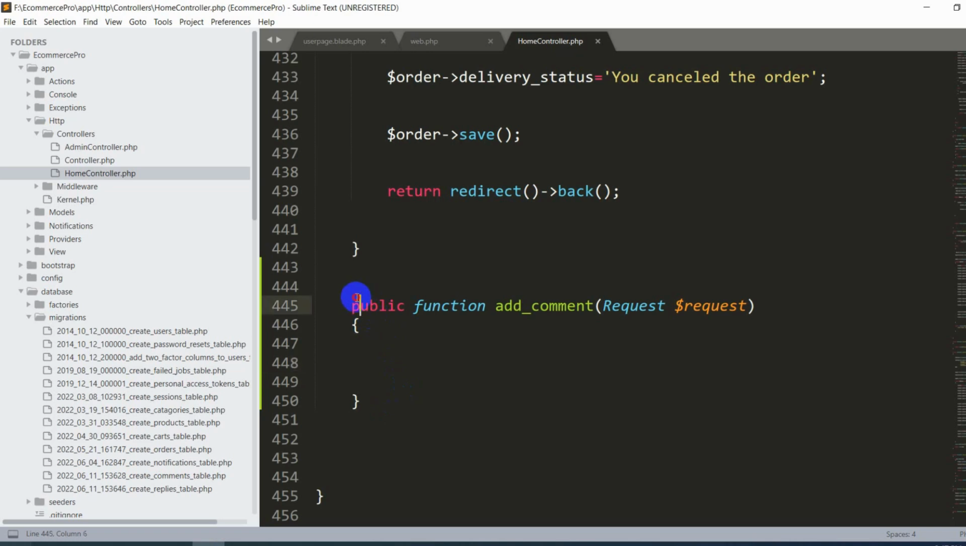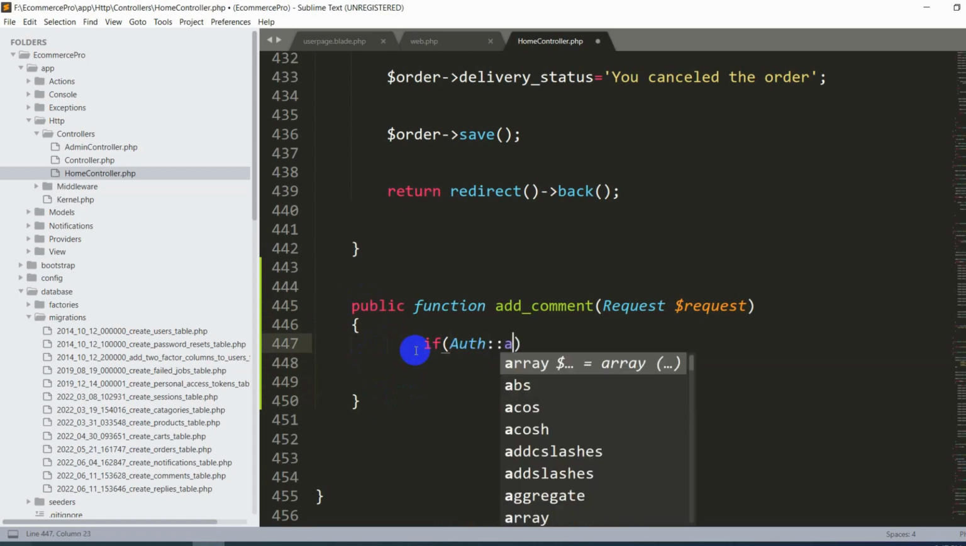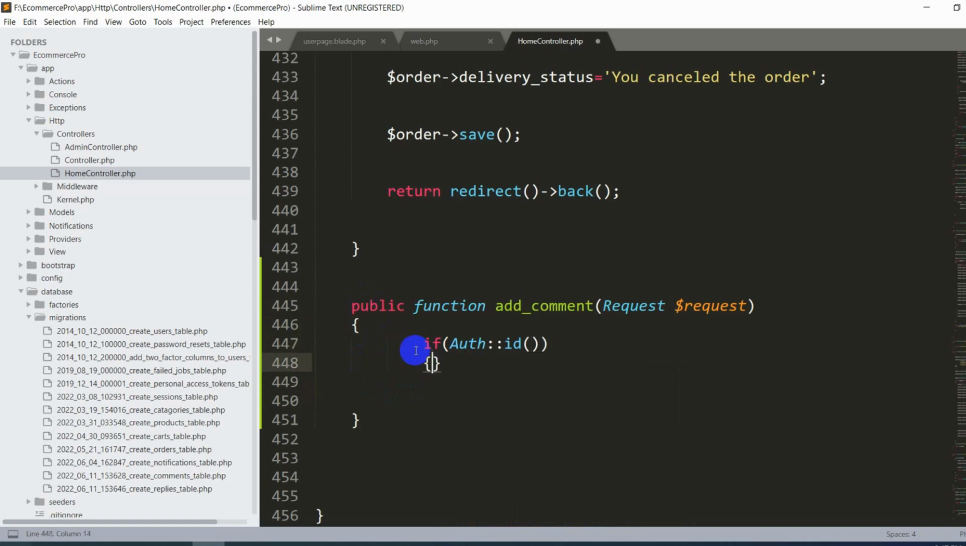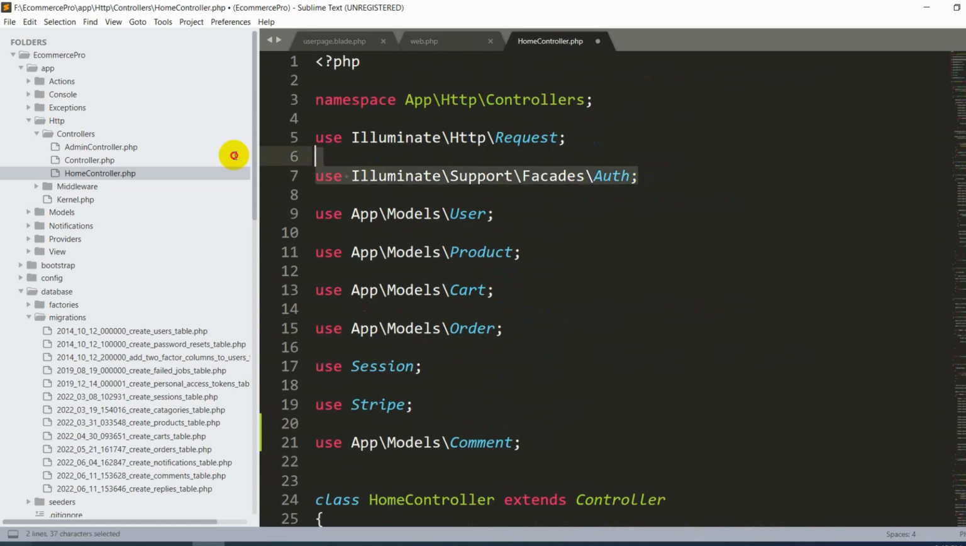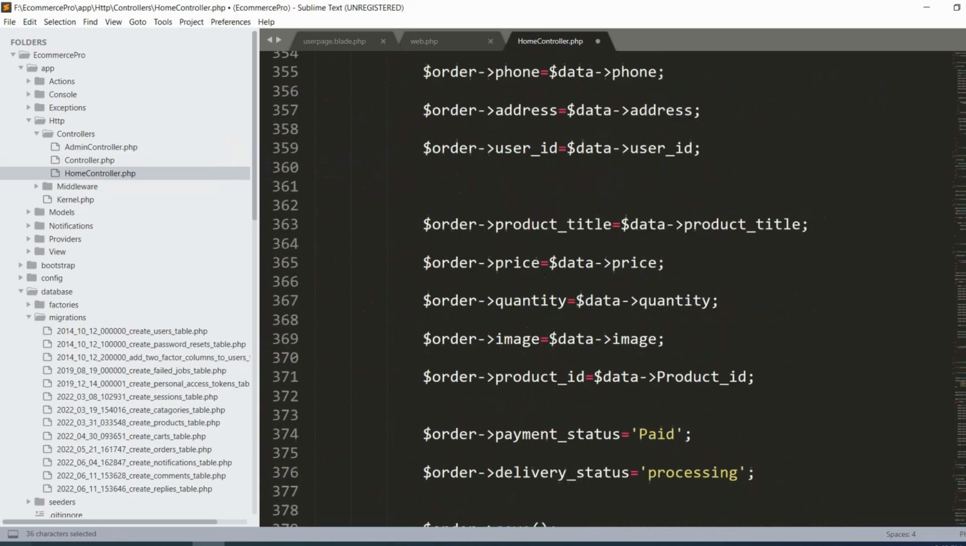So here in this public function add_comment, we are going to give an if condition. We'll say if Auth::id(), so we'll check if the auth id exists. The auth id will exist only when the user is logged in. And in order to use Auth, you need to make sure that you add this at the top of your controller: use Illuminate\Support\Facades\Auth. And then